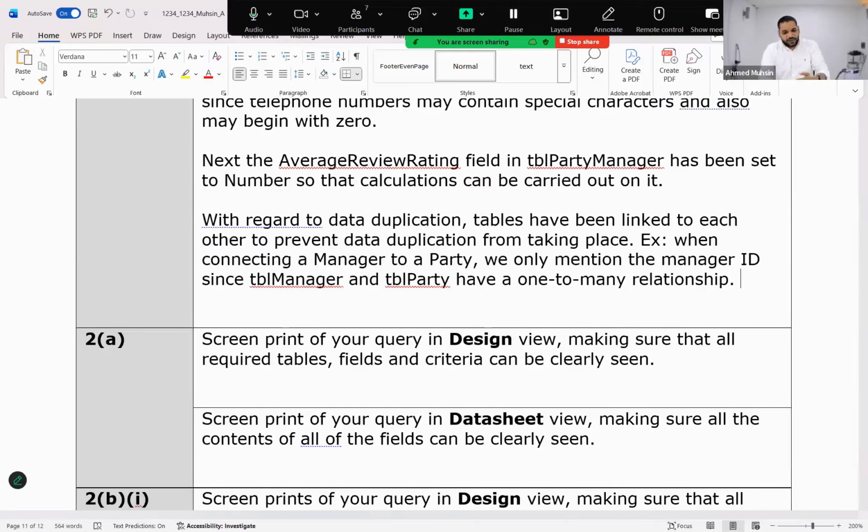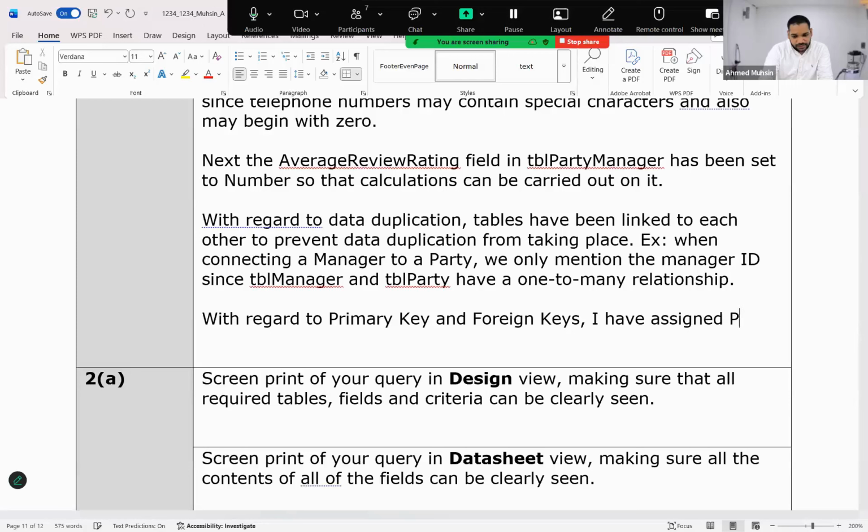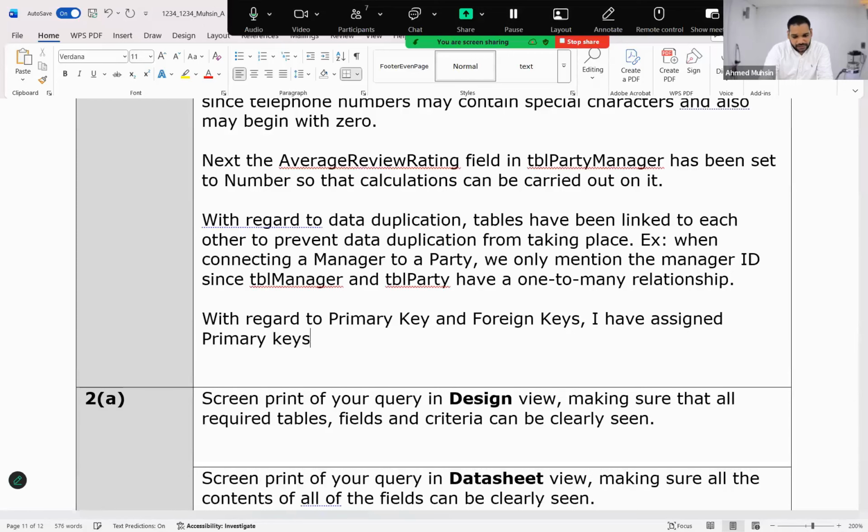So then we can say why we have created primary keys and foreign keys. We can then go on to say with regard to primary keys and foreign keys, okay, I have assigned primary keys